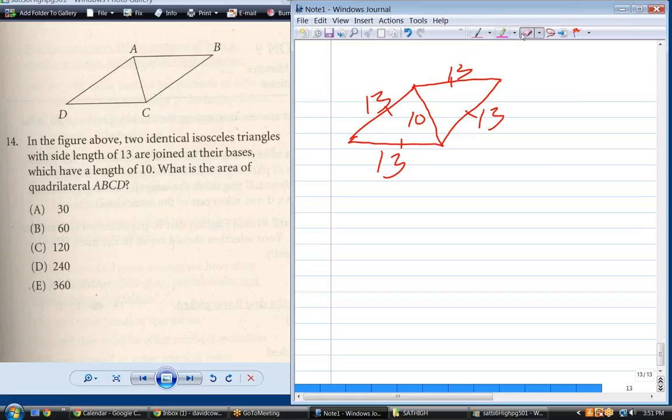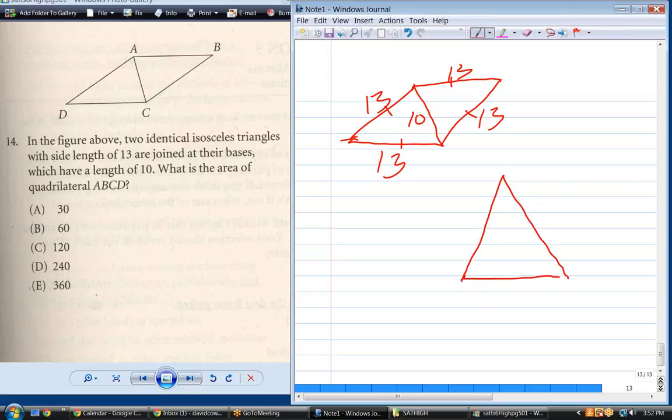Because if it was a parallelogram, you would need the vertical height. How are we going to get that vertical height? That's going to be impossible. It's 13. No, that's the lateral height. Remember, the area of a parallelogram is the base times the vertical height. The vertical height is this height right here. Okay? So, the better way to do this is figure out the area of the triangle,